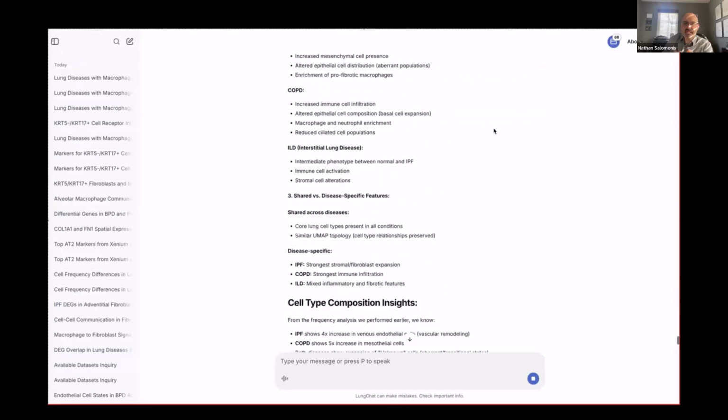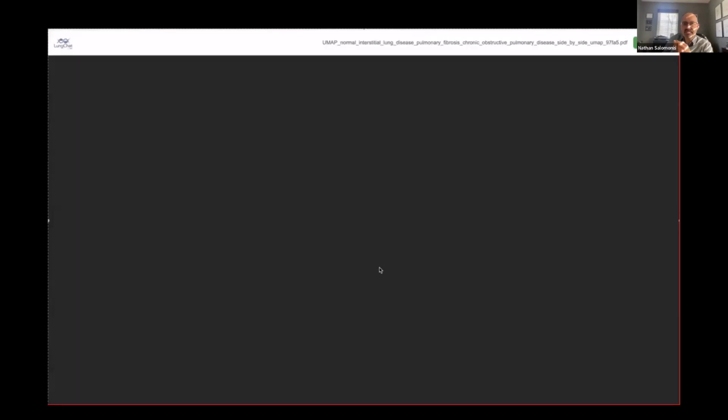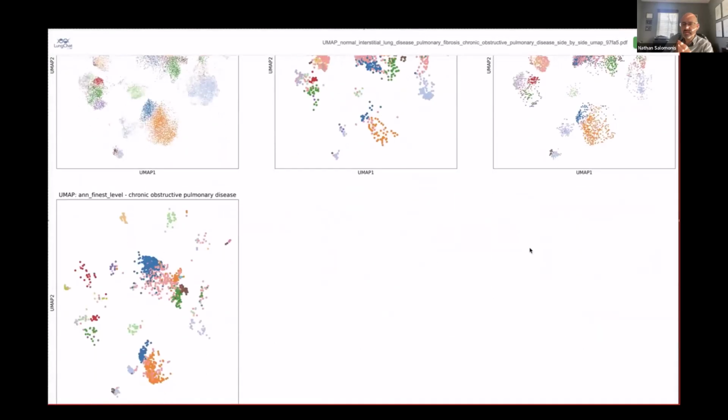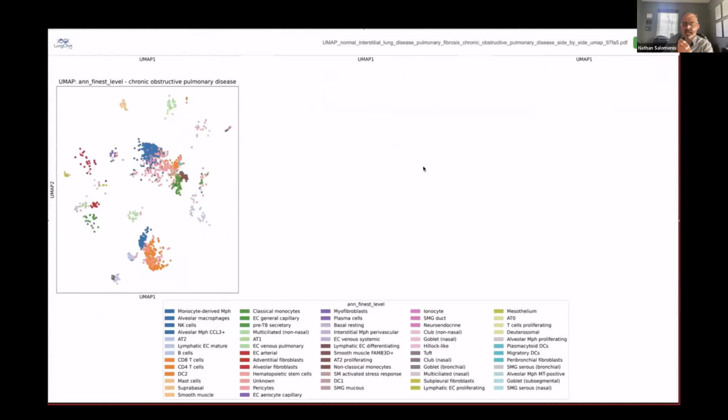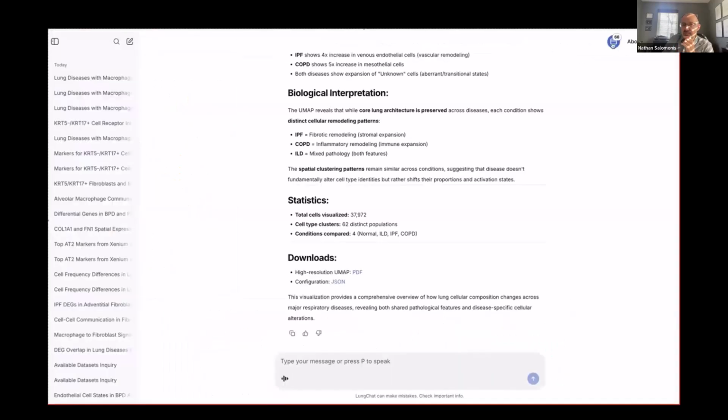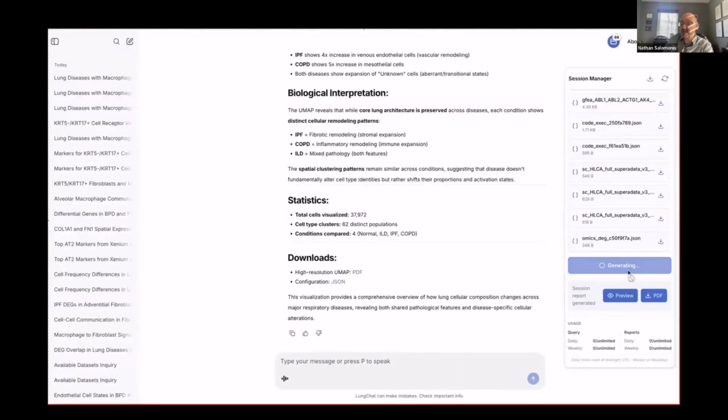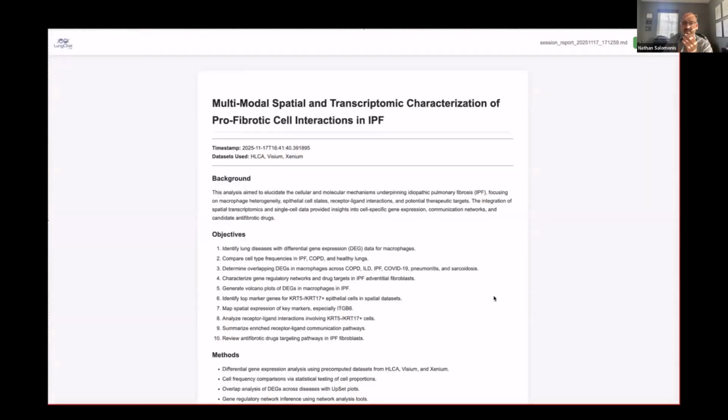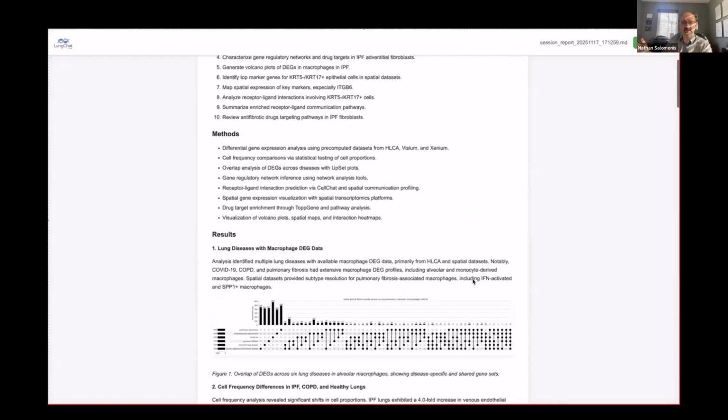Once you're done with all these analyses, you have the opportunity to synthesize these results. Again, there's that option up in the upper right-hand corner of LungChat. You can generate this report. You now have something like hundreds of outputs that you generated from this analysis. Once generating this output, it is going to generate a PDF file. You can download that PDF file, and from that PDF file, it'll give you basically a descriptive synthesis of all the queries we've done today.